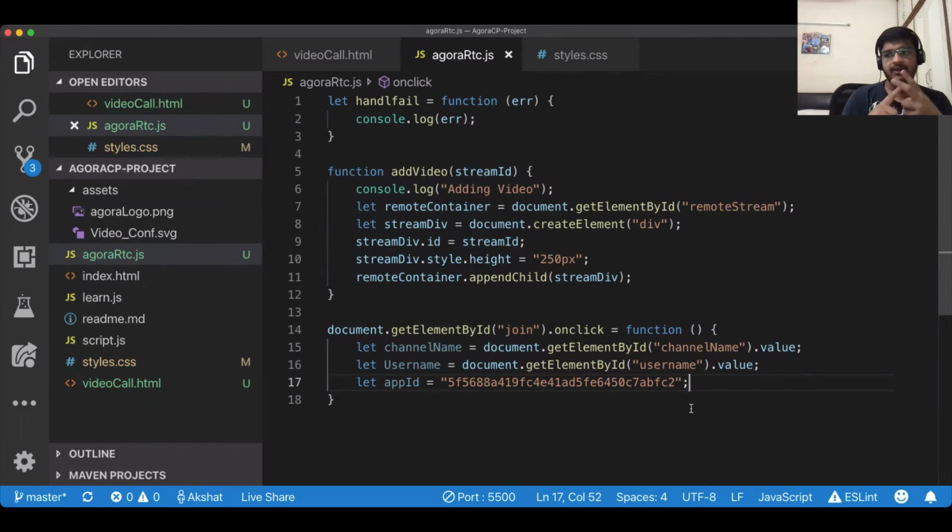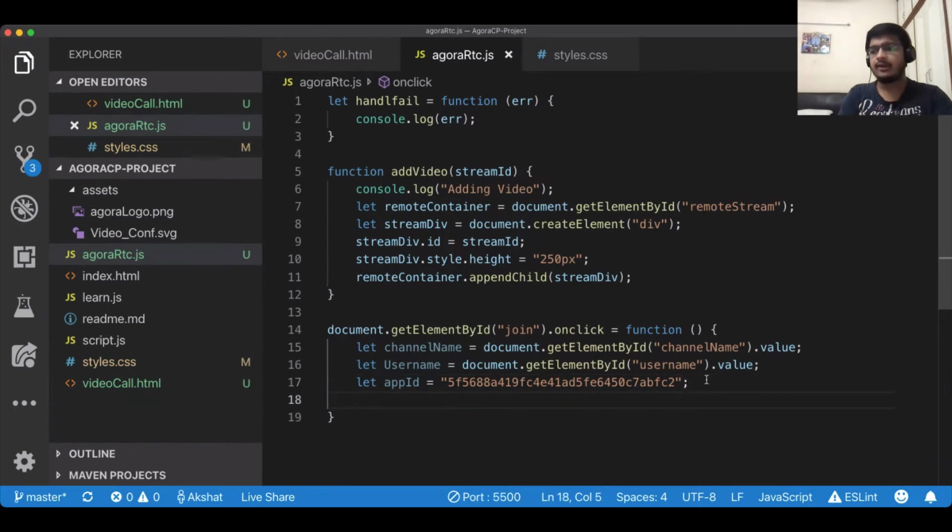You have the channel name to know which room to send someone to, and username so that, for example, on this video in Tulula itself, you have my name written. So that can be considered my username or my user ID. It'll be unique. So it's preferred you usually have registration numbers or email IDs which are unique, but you can also have names as usernames.